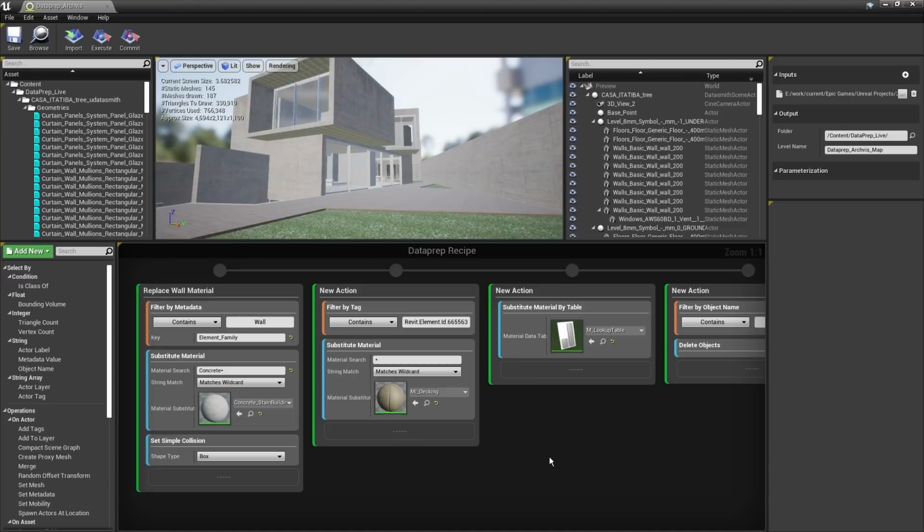Unfortunately, we don't have enough time today to go into much more detail here, but you could certainly go to town. You can merge the assets together to reduce draw calls. You can add custom blueprints that have animated effects, such as doors that will open when you walk close to them, and all sorts of things. And some of these things we will be looking at in some of the next projects that we're going to discuss. And that brings us to the next project, which is going to be a manufacturing example using Rhino 3D. So let's go ahead and take a look at that now.